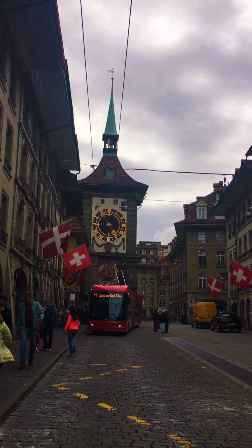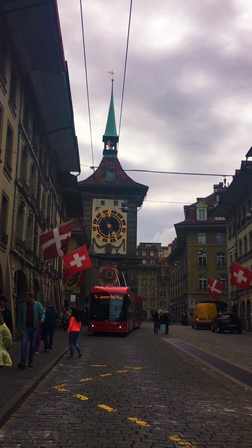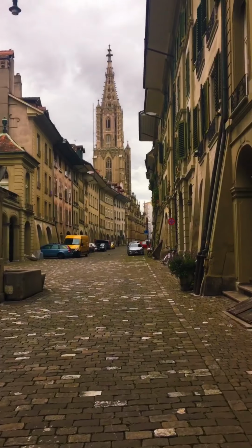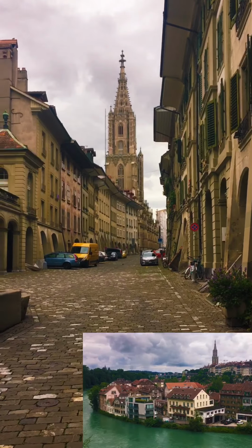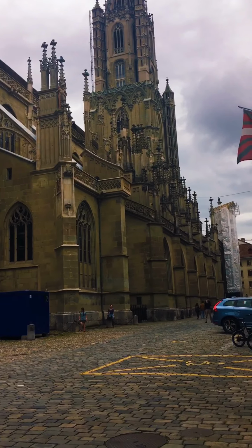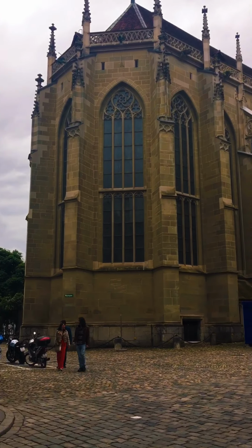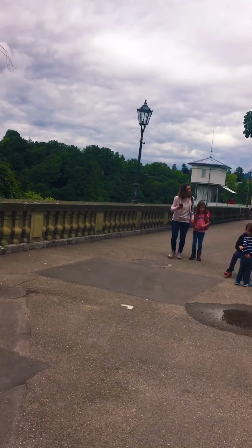The medieval clock tower is another famous landmark of the city. It was built in the 13th century. The Bern Cathedral, also known as the Bern Minster, is the tallest building in the Old Town, and its spires are visible from anywhere in the town. The construction of this building started in 1421 and continued for many years,